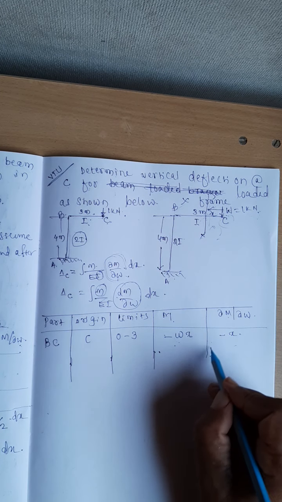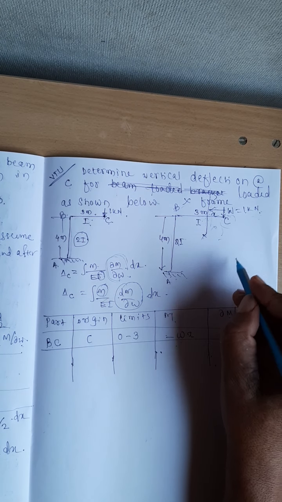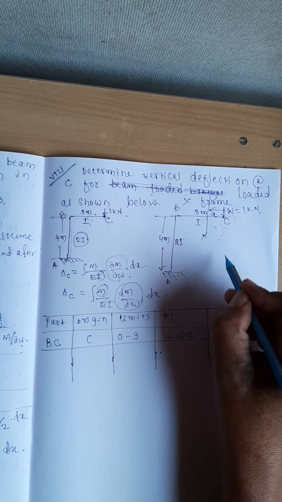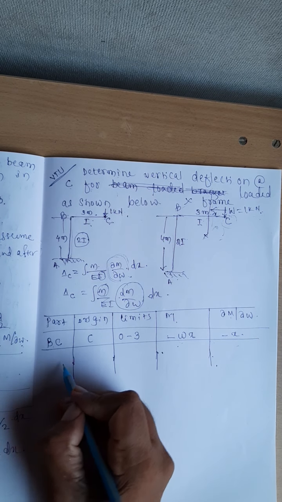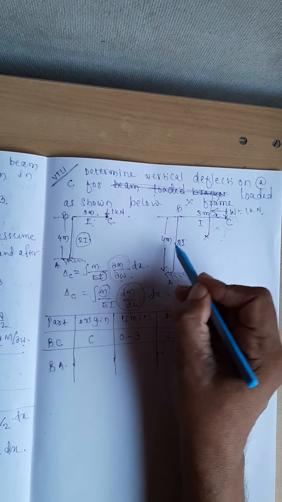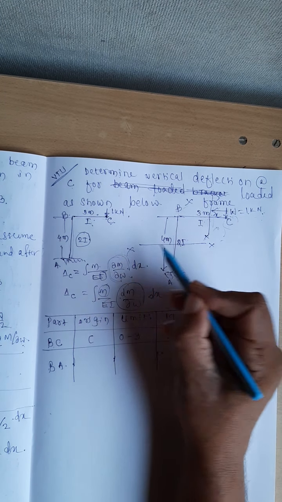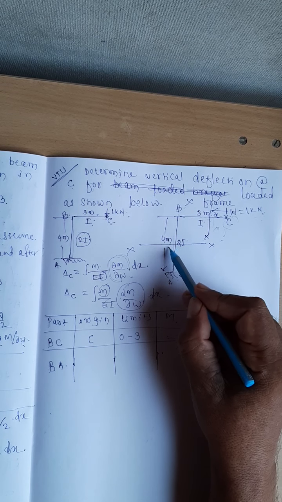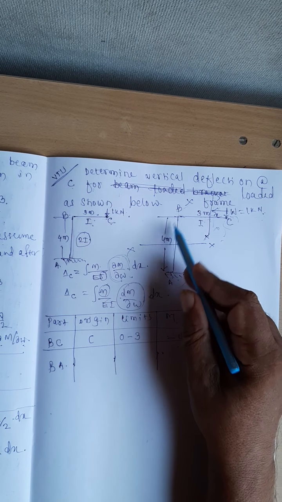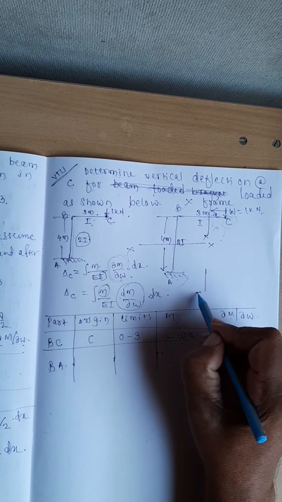Yes, go for the next part. Friends, be very careful for the next part, how it appears. Next part is BA. You are cutting the section, any section XX you are taking like this in BA. Tell me whether you are considering the lower part for the calculation or the upper part. What do you feel comfortable, the lower part or the upper part? Yes, the lower part, if you see, it appears like this.